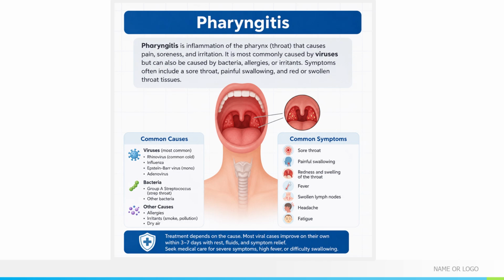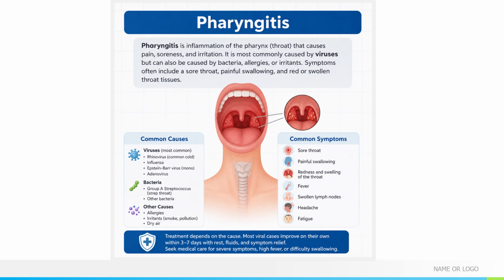If group A strep is suspected, a rapid antigen detection test is commonly performed, so that's the rapid strep test. If the rapid test is negative, a throat culture may be obtained because it remains the gold standard for confirming